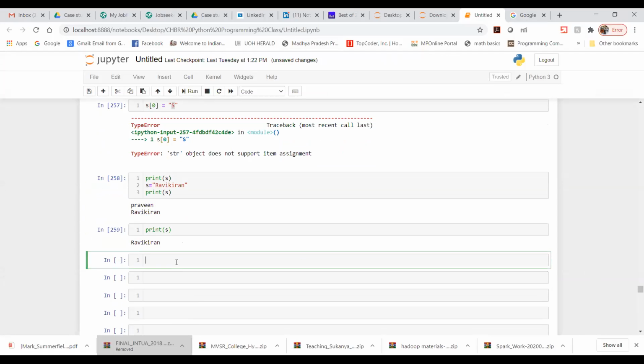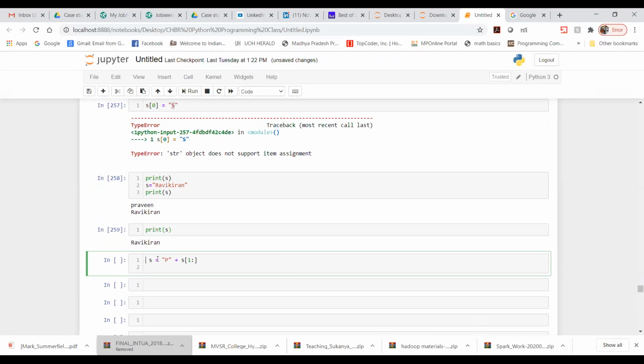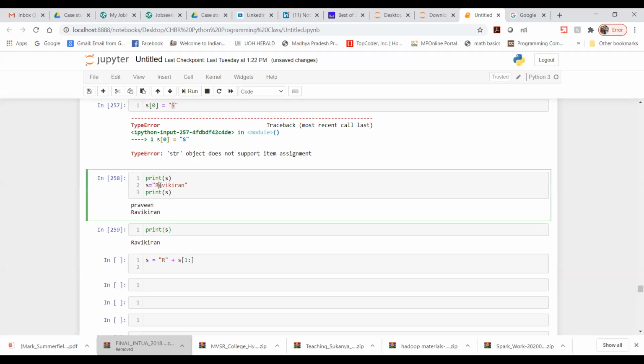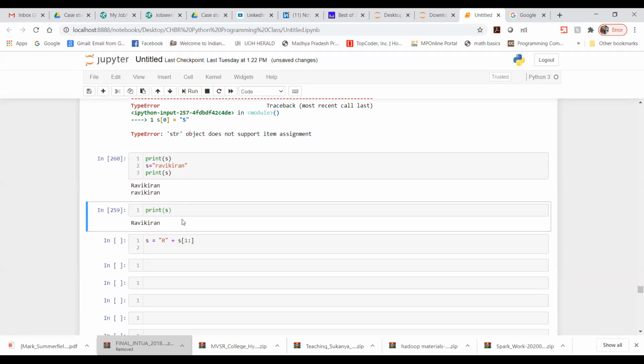Now I want to replace this Ravi Kiran. I want the R to be a capital letter. Here you can see it was in a capital letter. Yeah, I should mention it here like this. So I am writing like this, so I would be able to get what? Capital R.